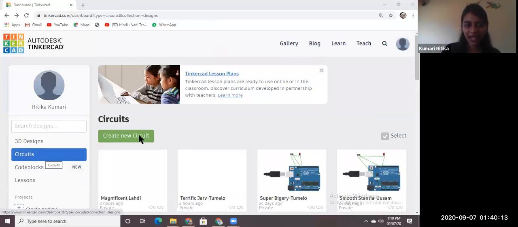Click on circuits and then click on create new circuit. Very good. Okay, so click on circuits and then click on create new circuit. Do it fast.